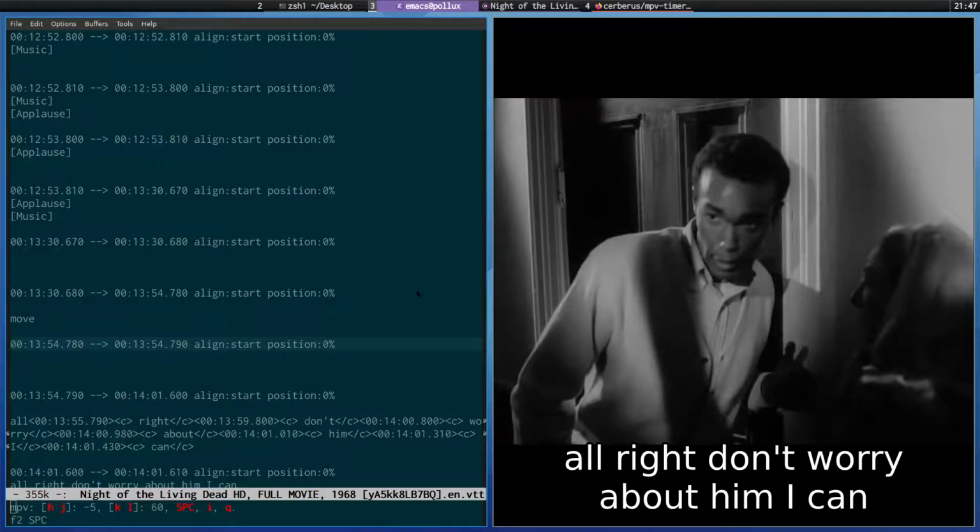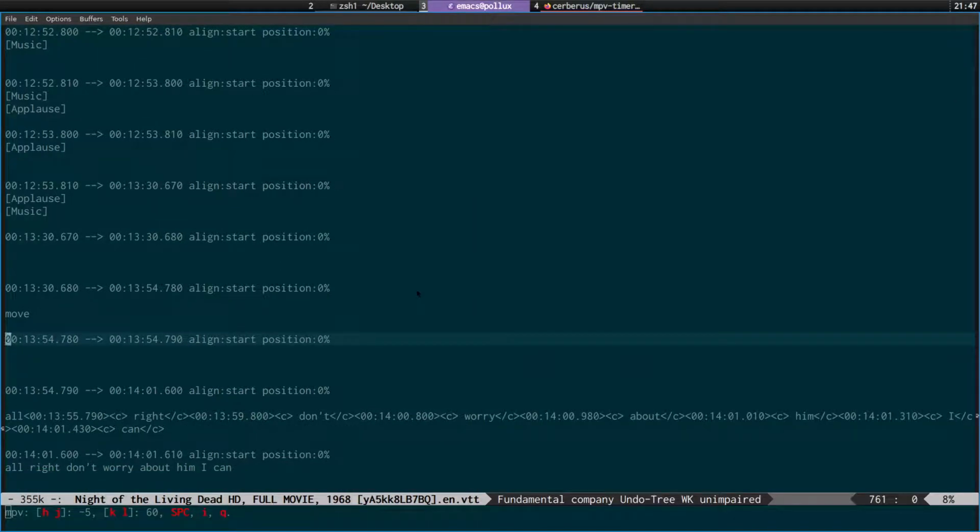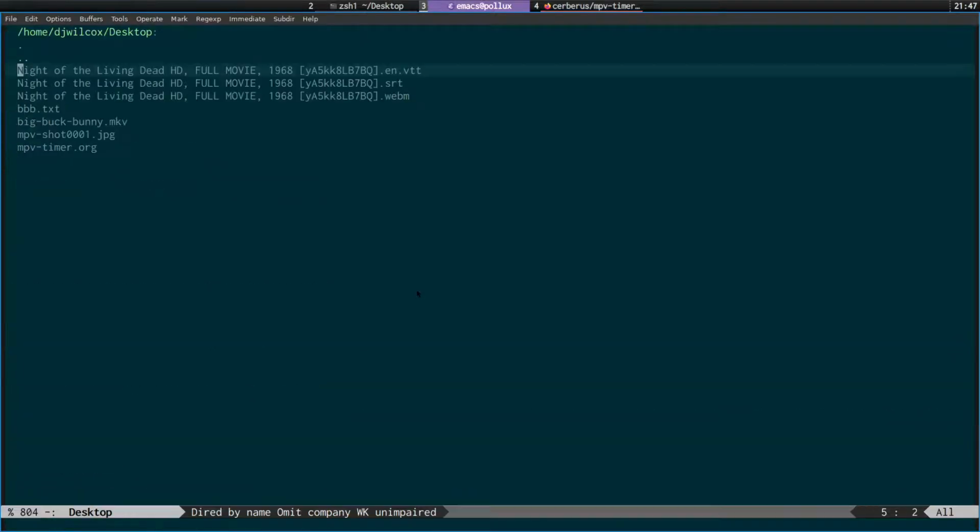So that's just some things I wanted to cover with the difference between the subtitles, and my mistake is that you can open a video with MPV outside an org document. For some reason I thought you could only do it from within an org document. I'm not sure about within Dired here, the file manager for Emacs. I've got something set up so that it automatically opens